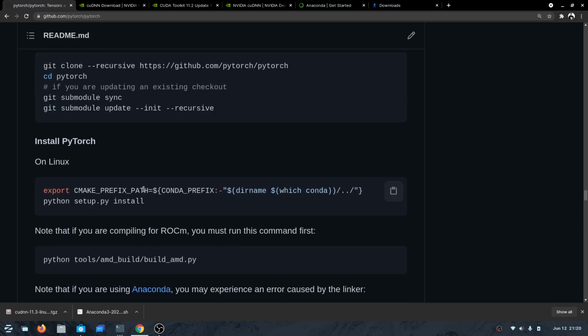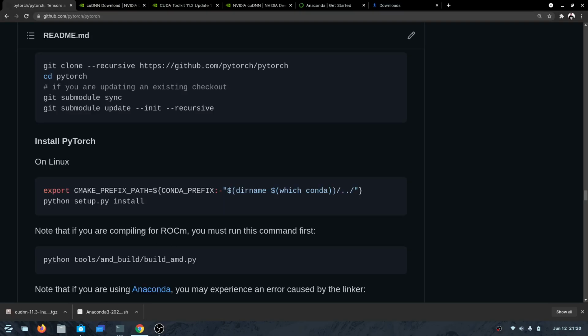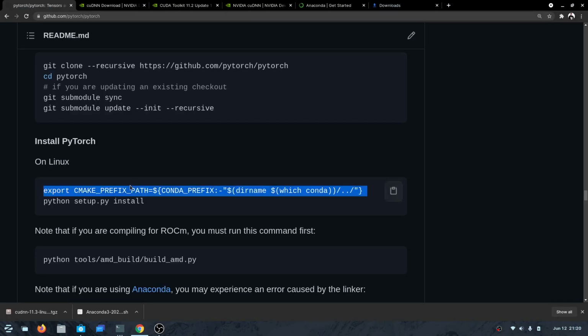As you can see, the command is pretty straightforward. It mentions the CMAKE_PREFIX_PATH, which, since we're using Anaconda, will be this, and then we just have to run this. Since I'd encourage you to start thinking about contributing if you're interested in open source and want to contribute to PyTorch, always use develop instead of install. That's going to help. I'm just going to copy and paste here.